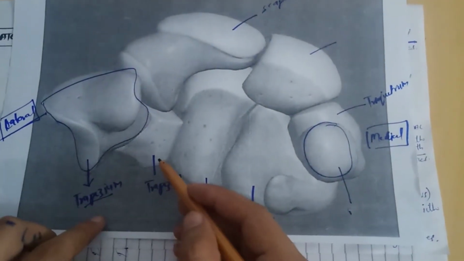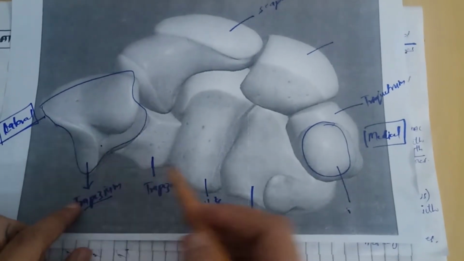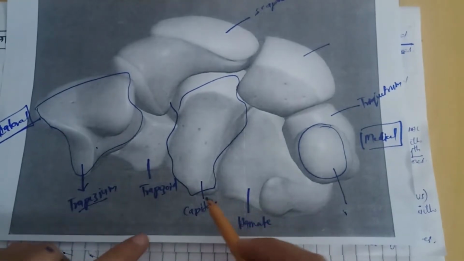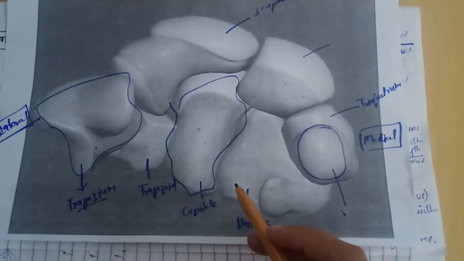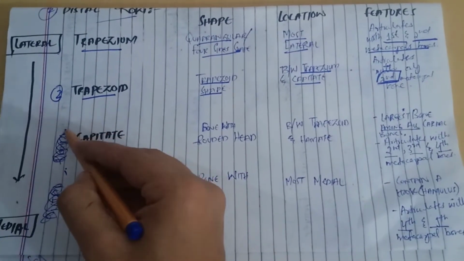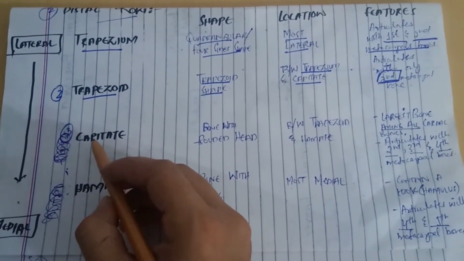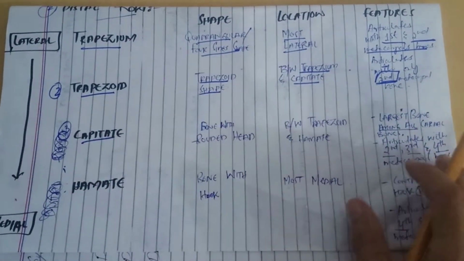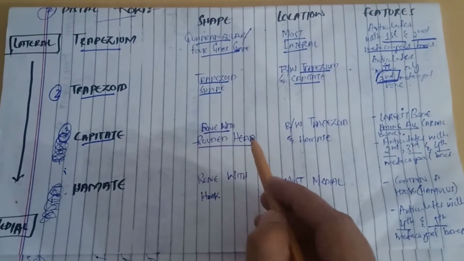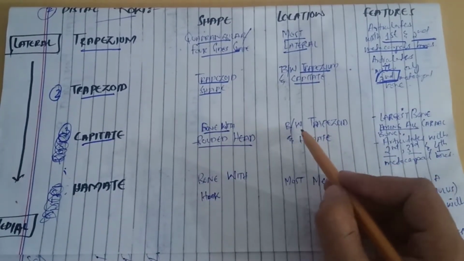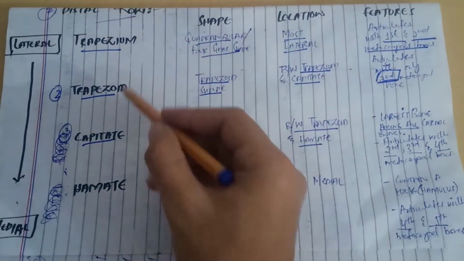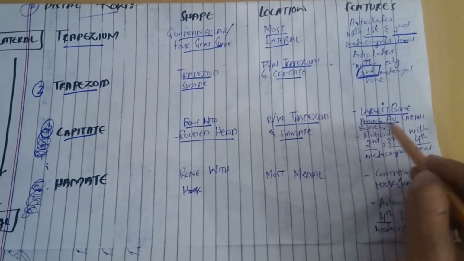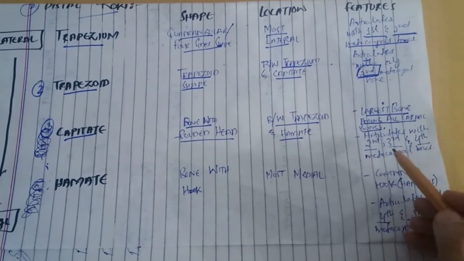So here is the trapezoid bone. It is present between the trapezium and the capitate bone, and it articulates with only the second metacarpal bone. The third and the most important carpal bone of the distal row is the capitate, and the shape of the capitate is that it is a bone with a rounded head. Its location is that it is present between the trapezoid and the hamate bones, and its feature is that it is the largest bone among all the carpal bones, and it articulates with the second, third, and